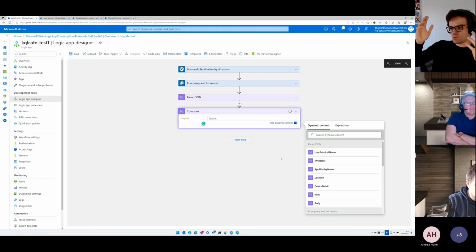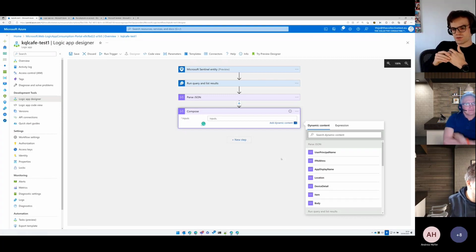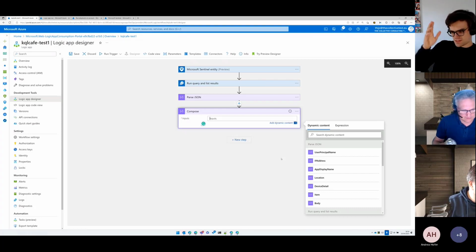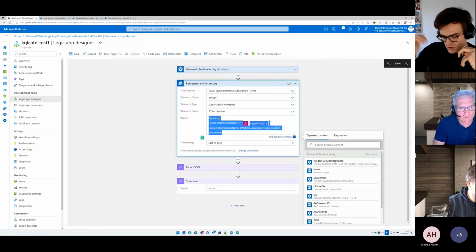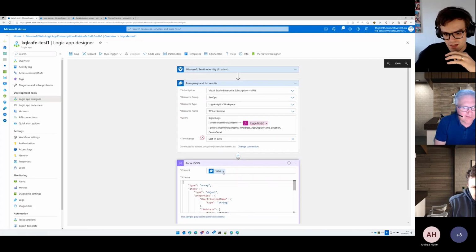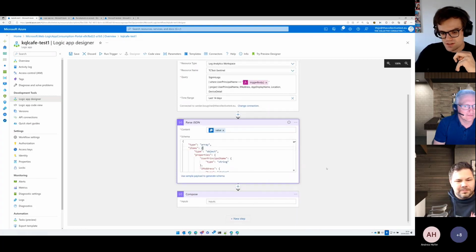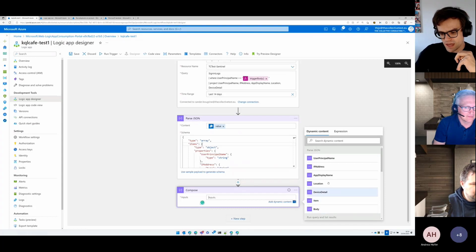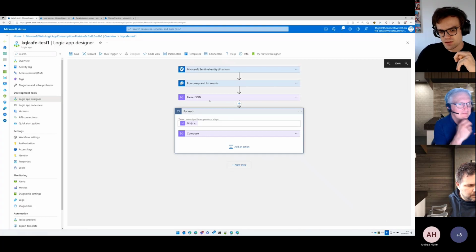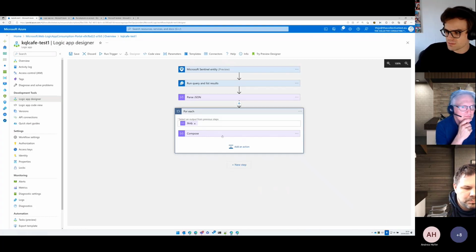So for example, we just created a query which gets all the sign-ins back, so multiple sign-ins, and we did the schema. In the schema you will see this is an array, and that array has objects. Because LogicApps knows it's an array, if we select either one of the outputs, for example location, it will automatically create a for each for us,